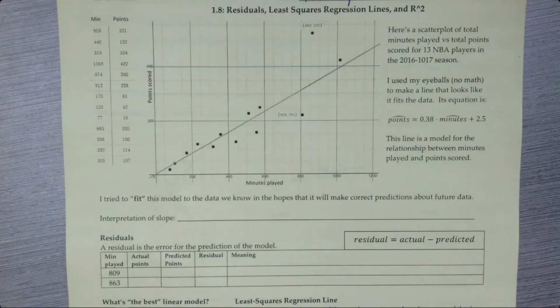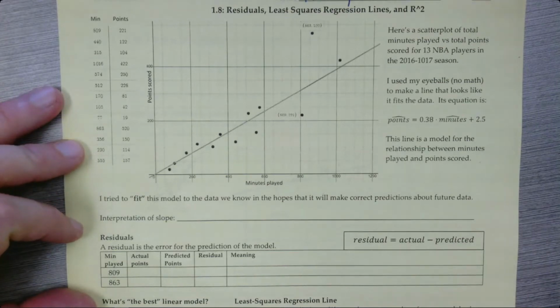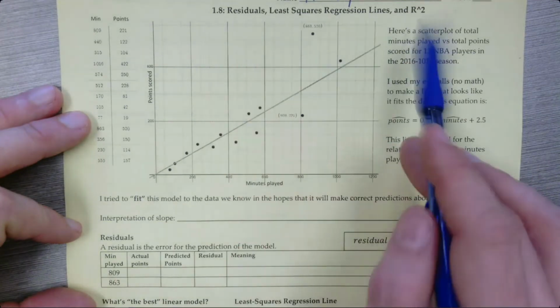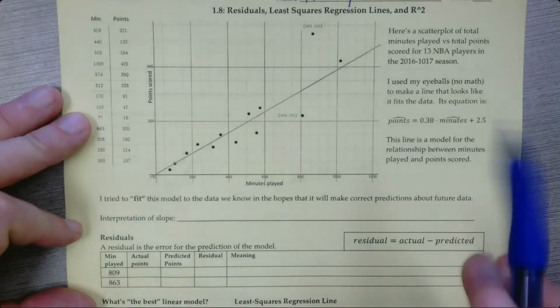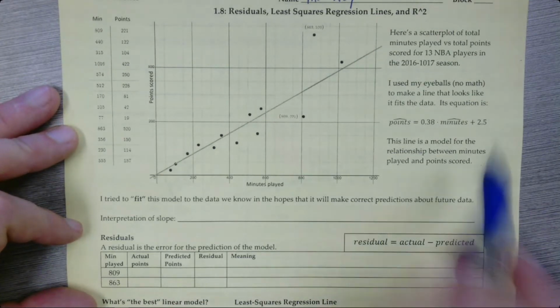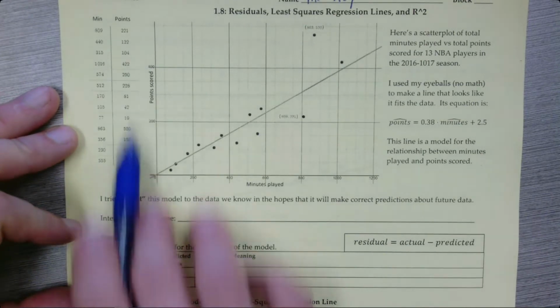Hello, everybody. These notes are about linear regression, also called least squares regression lines, and the related concept of residuals and R squared. And I know you probably know some stuff about this already. There might be some new things. Follow along and enjoy. So this is real data from the 2016-2017 NBA season, where there are 13 players, and